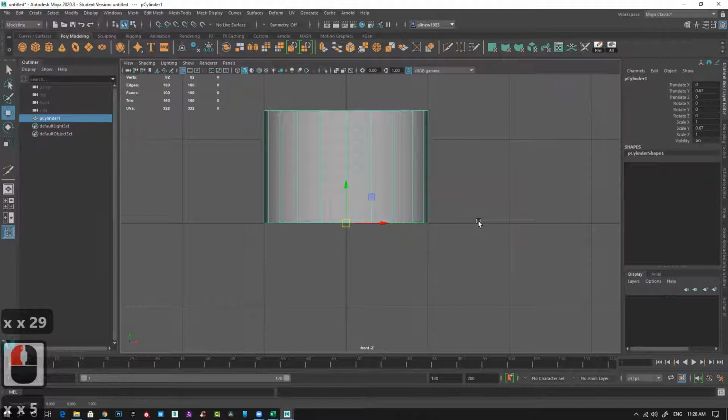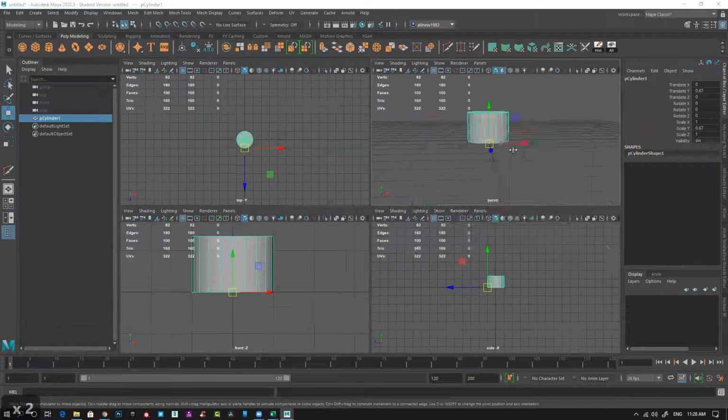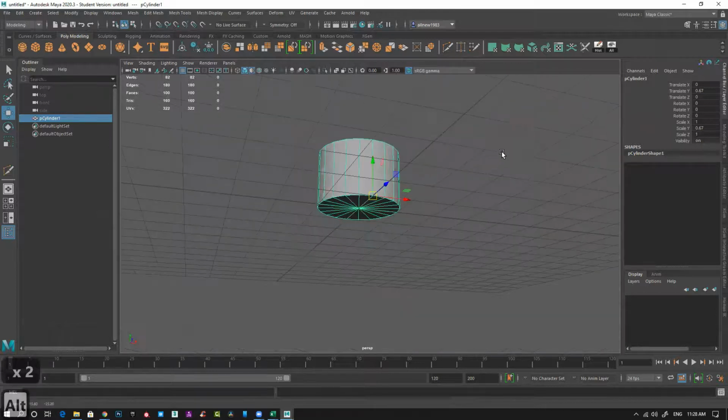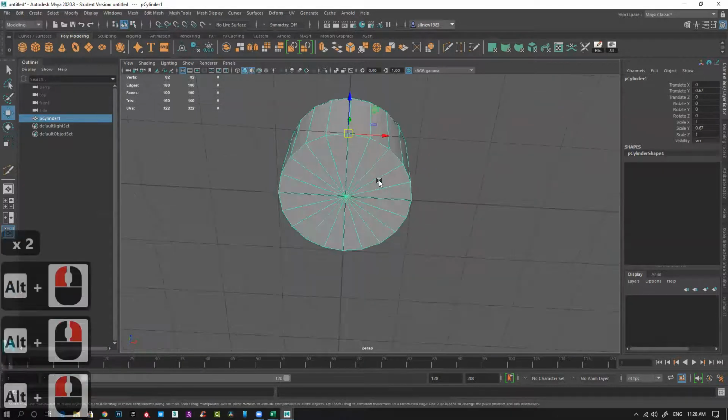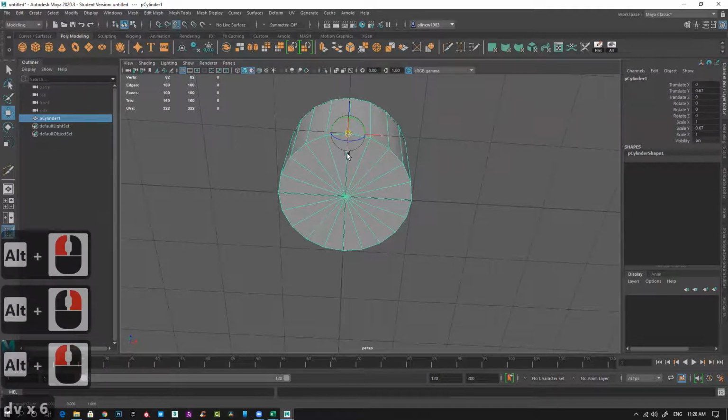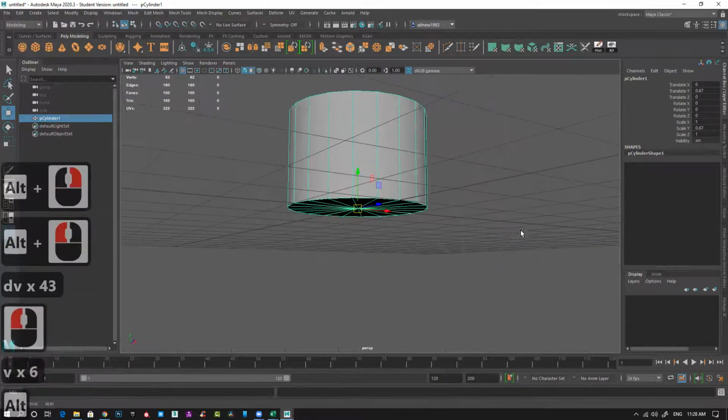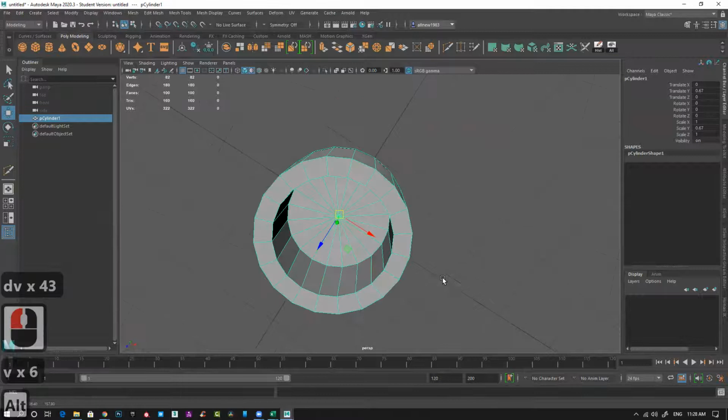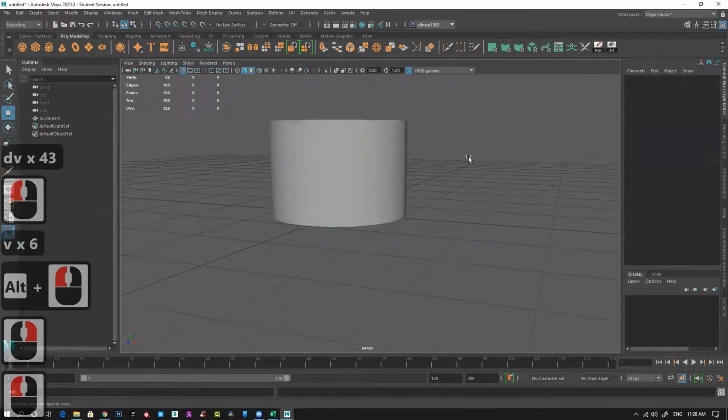D for moving your pivot point, V for snapping on the vertex, and X to snap on the grid. Right now it's perfectly snapped on the grid, and you can see it's snapped to this vertex. I can just press D and V and move this to this vertex instantly.